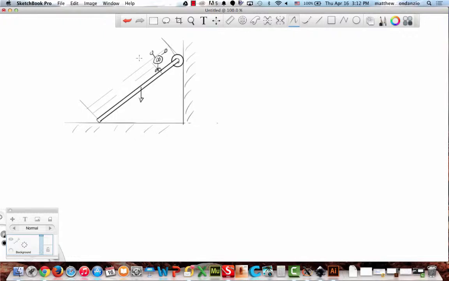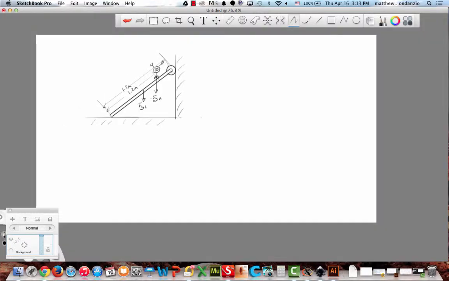Okay, this is 1. What was the distance, the length of the ladder? 1.5, and then 1.2 for the alien. Okay, so we already had the force of gravity of the ladder and the force of gravity of the alien, right? Okay. So let's draw